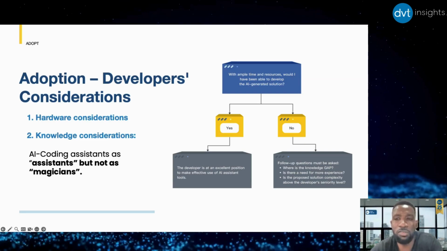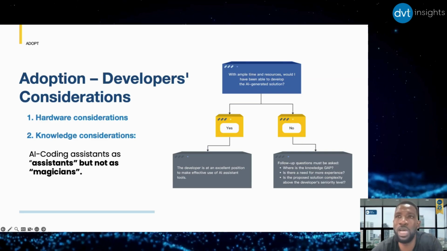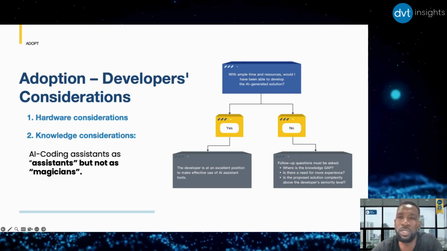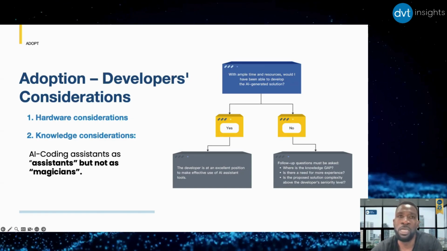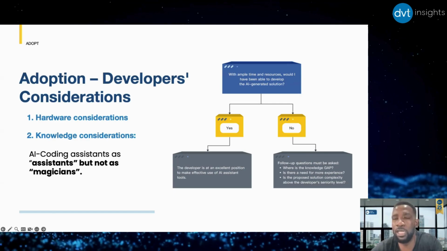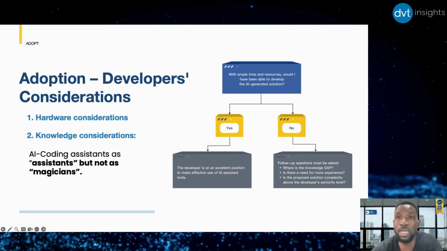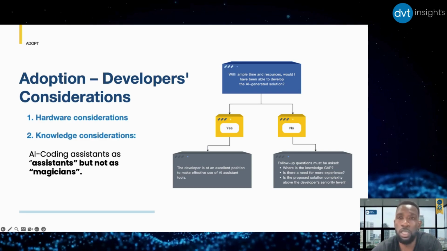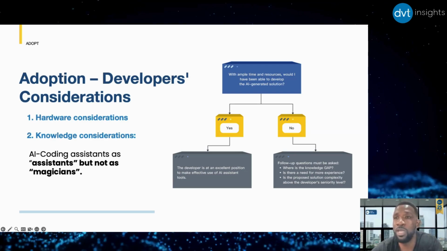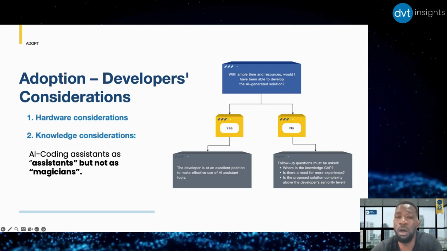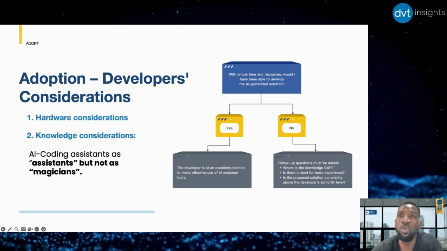We need to ask ourselves a mental question. With ample time and resources, would I have been able to develop the AI-generated solution? So if I had all the resources and all the time, given a certain result produced by an AI tool, would I have been able to do it? If the answer is yes, yeah, by all means, then I'm well positioned to start using the tool. If the answer is no, I believe that it's important to have some follow-up questions in terms of identifying where the gaps are, and if it is a matter of experience, and this will inform me on what are the next steps for me.